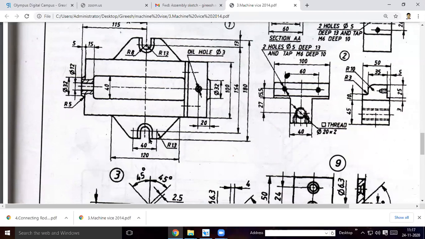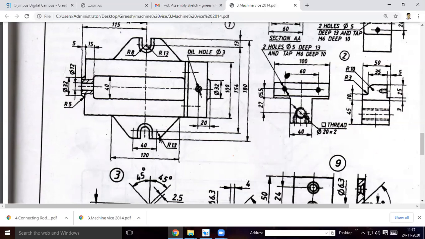Here to here it is 13 mm. As given, up to here it will be 40. On one side, it will be 20. 20 minus 8, the radius of the smaller circle, gives 12 mm here. Or else you can locate this point from here to here as 20 mm.